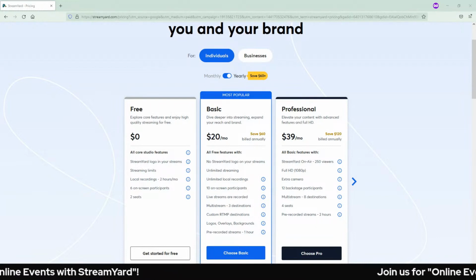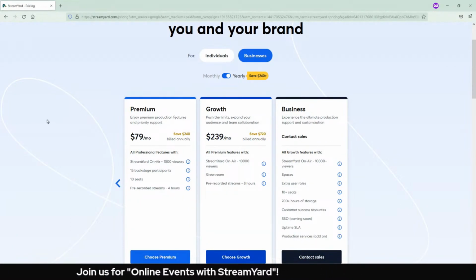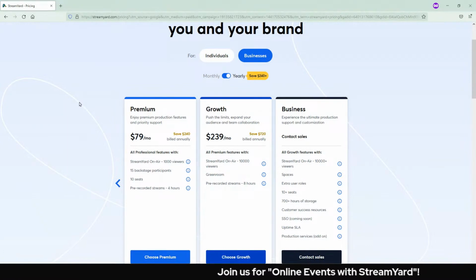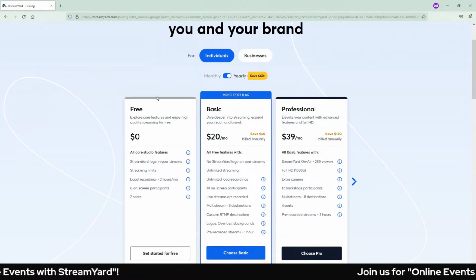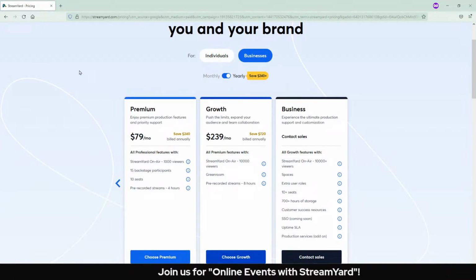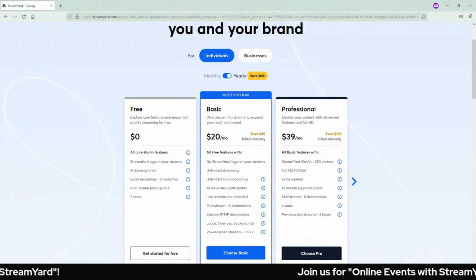For me, I've gone through all of these three stages, and recently, I think around November or early December, they expanded their offerings. Notice here, aside from the initial three plans available, we now have the premium growth and business subscription. So currently, what we have is